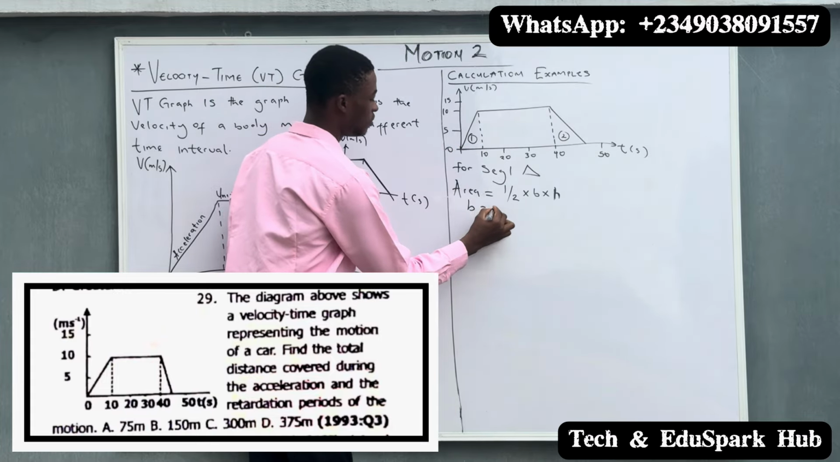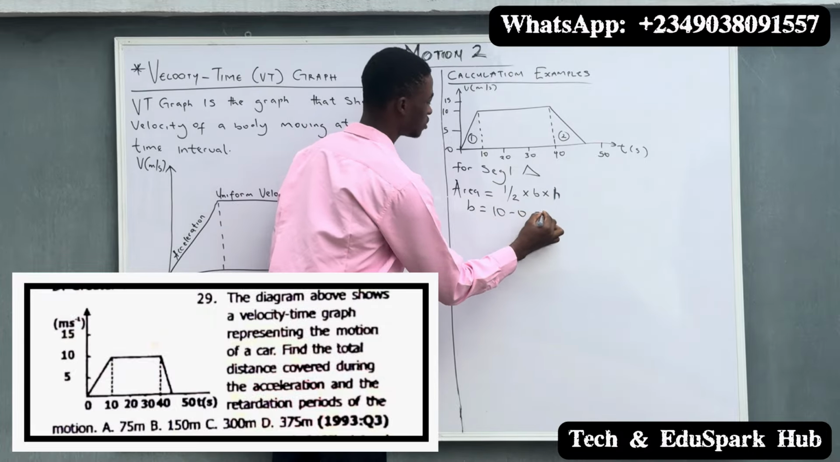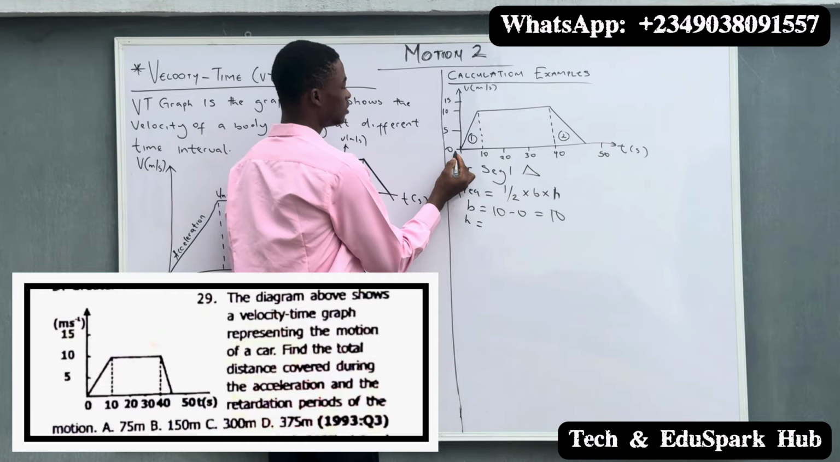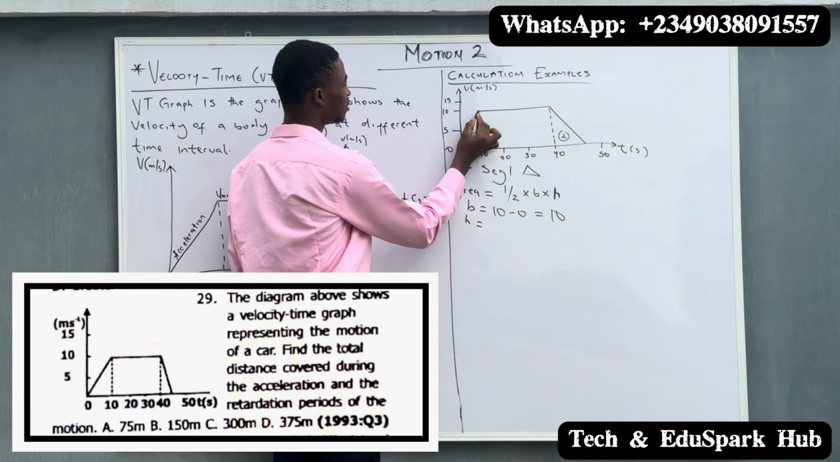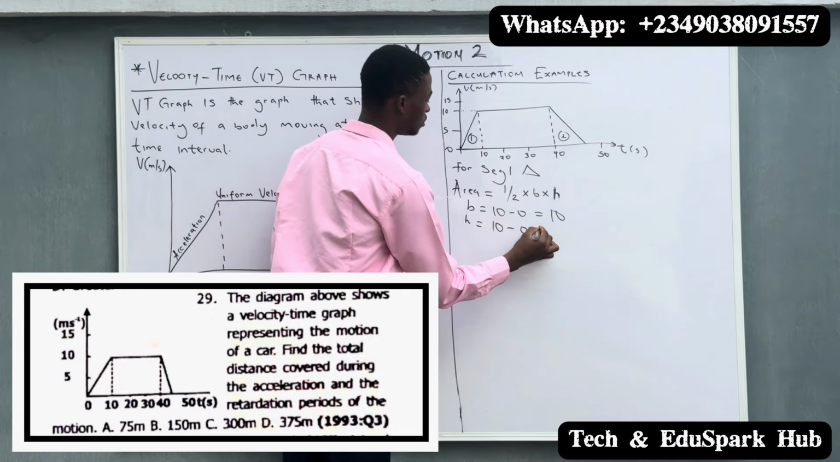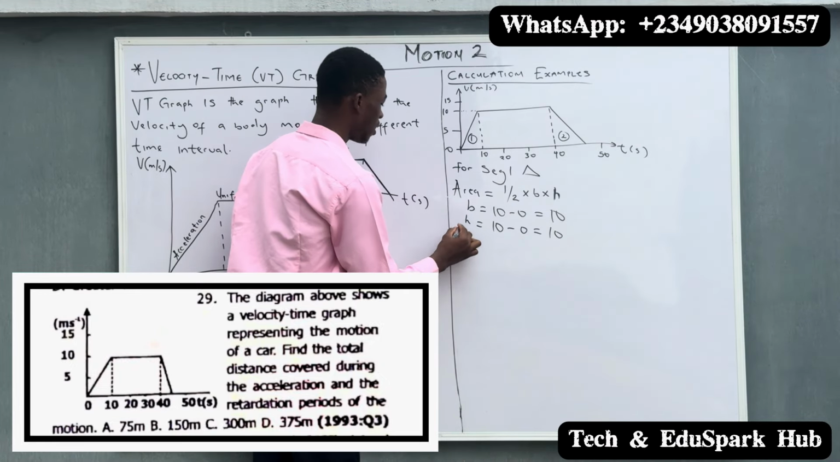So 10 minus 0 will be our base. So we have 10 minus 0, which is 10. While our height will be given as, so this is the height from 0 to 10, because this is where it is. So from 0 to 10, which will be our 10 minus 0, which is equal to 10. So area will be given as